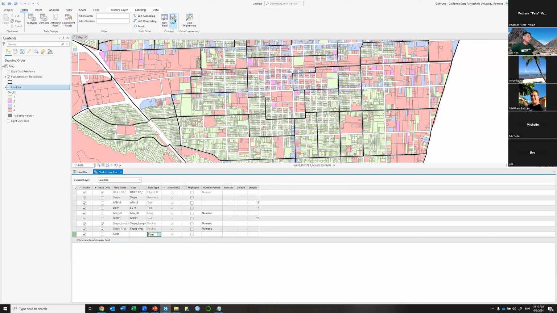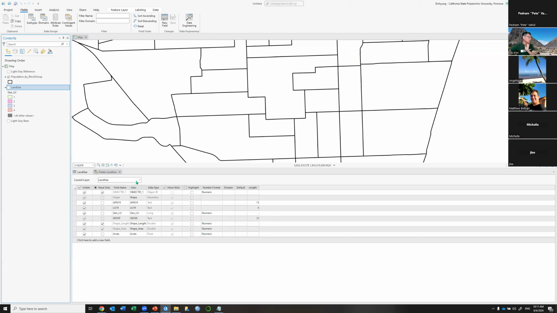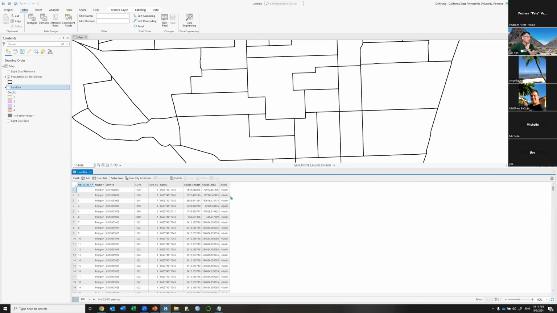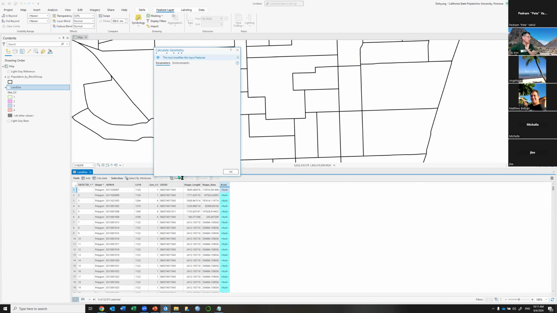Here's the data type. Let me add a new field and let's populate that field with the acres value. You must know now how to do so. We repeated this multiple times, right? So let me select